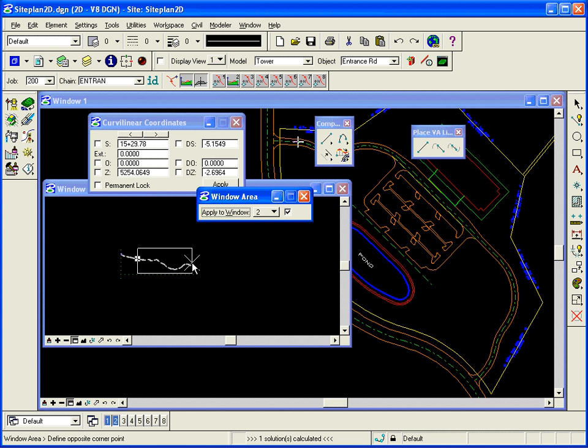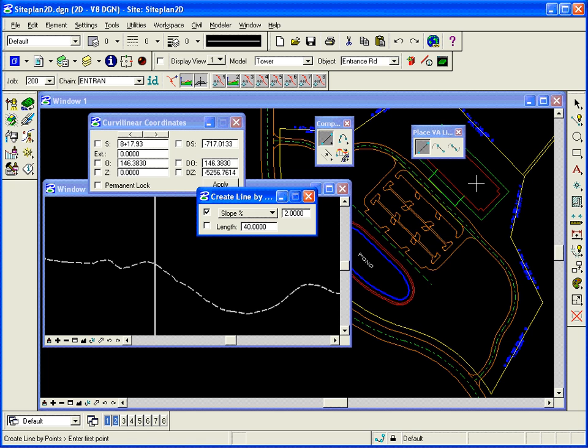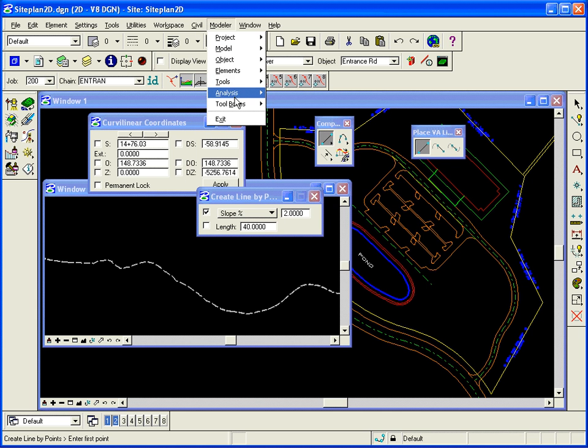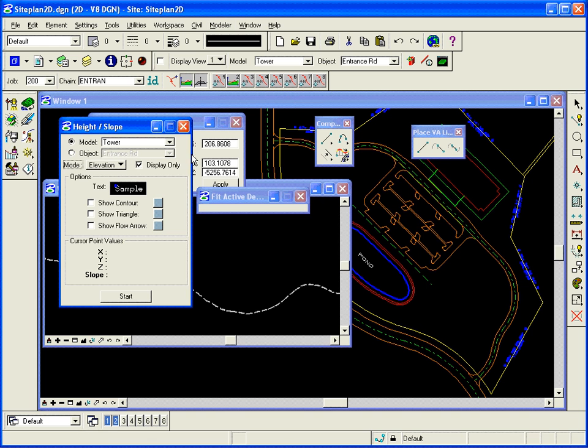My building elevation here is going to be 5265 something. So when we placed the building, we placed it 2 feet higher than ground. I didn't quite catch what the actual elevation is. So since I have Modeler open, I can go ahead and grab a Modeler tool, Analysis Height, from the Modeler pull-down menu, and I can say, let's check the elevation at